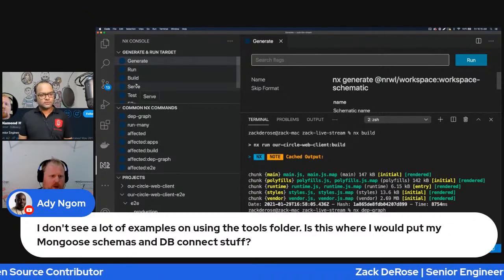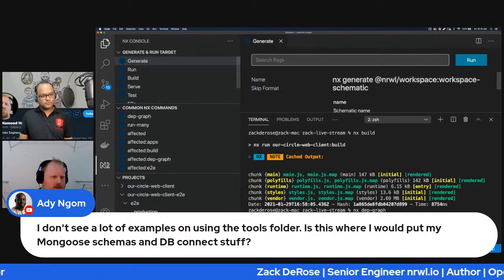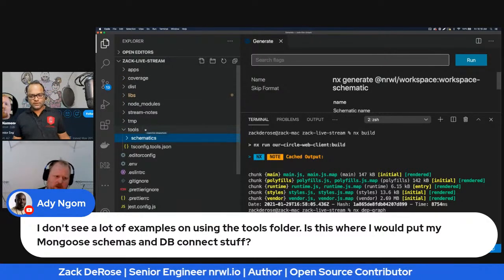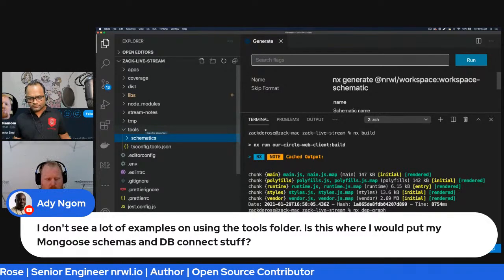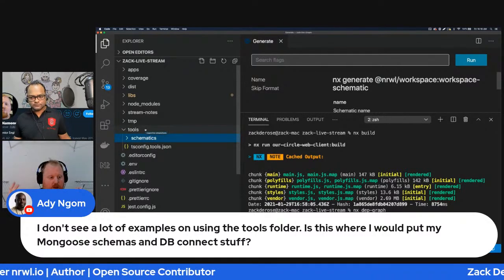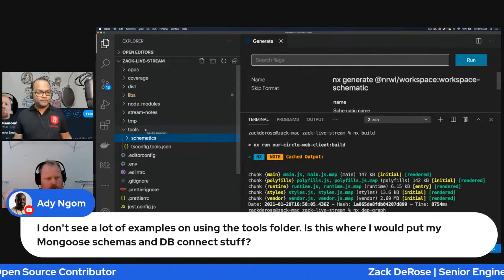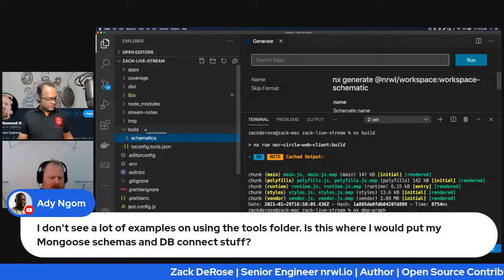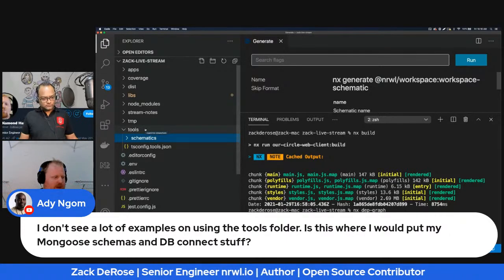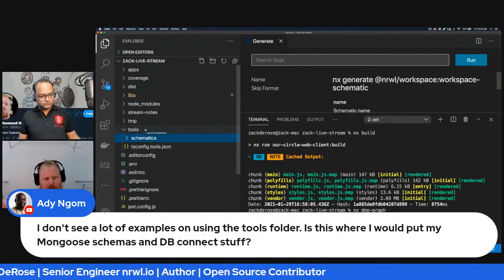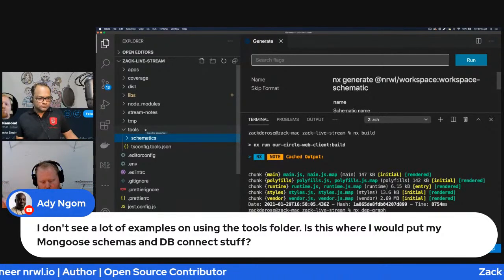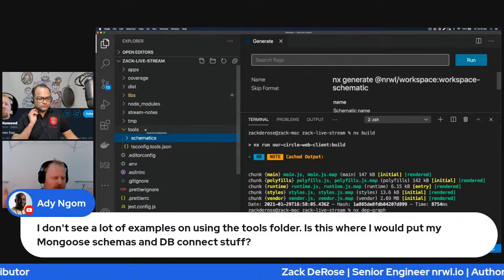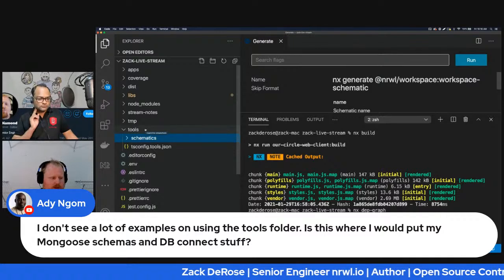If you want to run a builder, you would also likely put that inside of your tools file as well. The other thing you would use it for a lot is if you had any scripts you were writing, like something to use for an NX run command, just a node script. You could put that in there. Maybe just a short thing, like writing a deploy script, something like that. That's what the tools folder is intended to be used for.